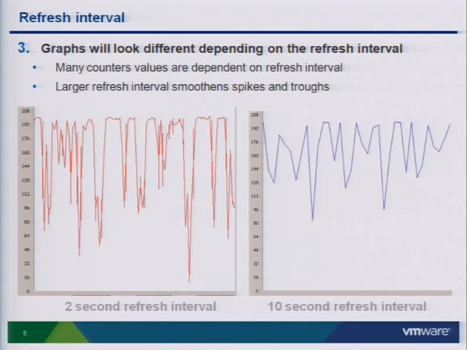So to give you an example, these two data are exactly identical. They are CPU utilization of a host, which is kind of spiky in nature, but each was collected with different refresh intervals. One was collected with 2 seconds, another one was collected with 5 seconds, same exact system. The difference you notice is that when you're collecting at a much granular interval, you know the spikes and the troughs. But when you're collecting at the 10-second interval, that kind of averages out because you're looking at the 10-second